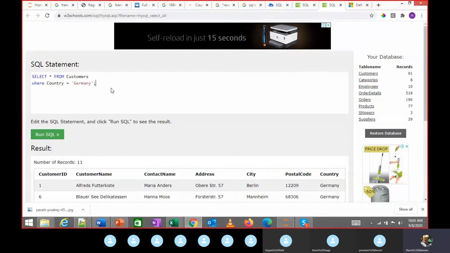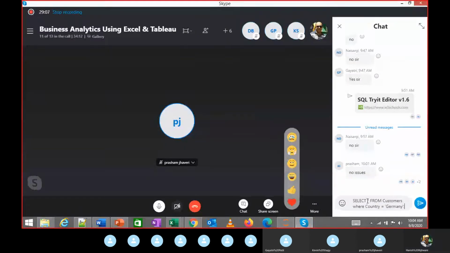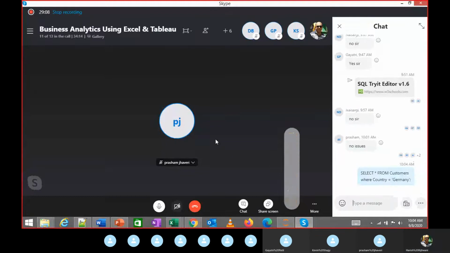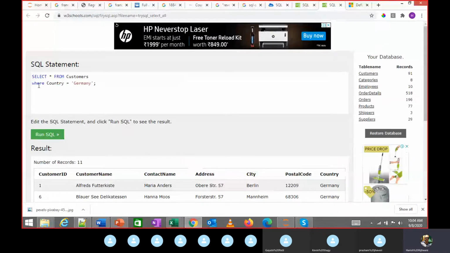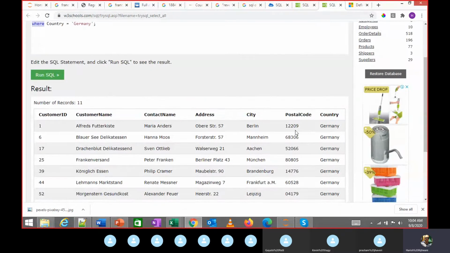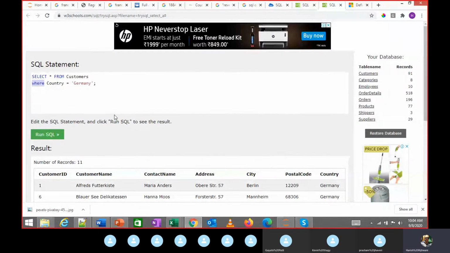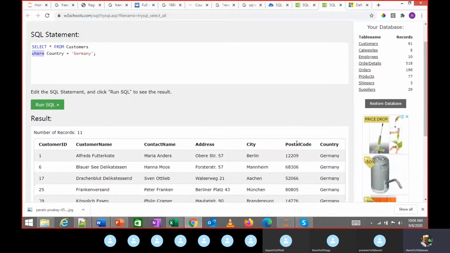Try this also. So this is a text field. Okay, so we are writing a where clause. This is called a where clause. Select star from customers where country is equal to Germany. In that same way, I can write postal code or whatever.